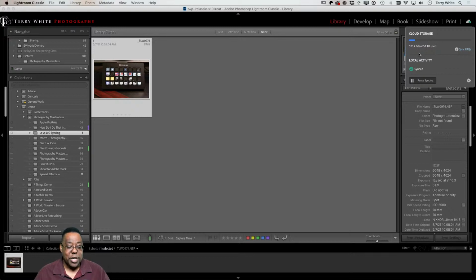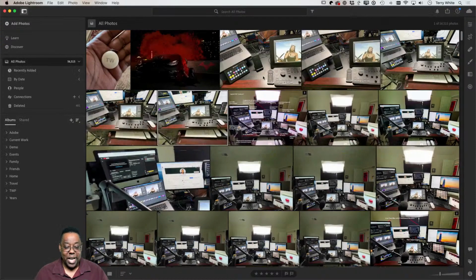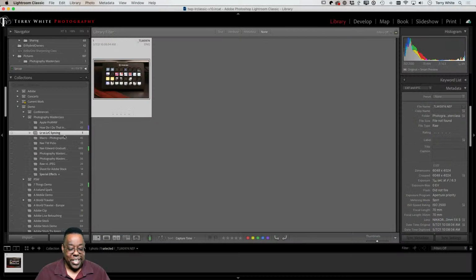If I were to go now and say, yes, I do want this collection to be synced to the cloud. And by the way, you'll notice if I go to Lightroom, which is the other version, the version in the cloud, these are my all photos view, and that photo is not here yet because it's never been synced. So let me sync while I'm talking. So let me go ahead and do that. So I've turned on syncing, it's on. Nothing will get synced until I tell it what to sync.